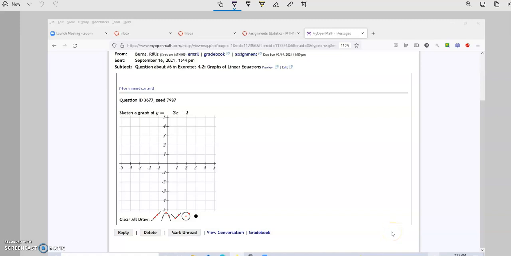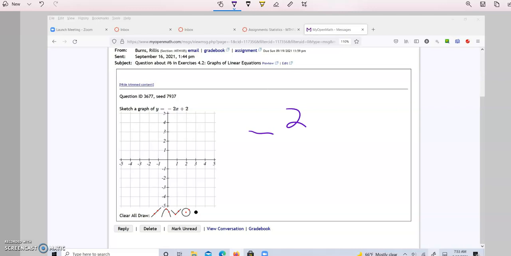The easiest way to do this one is, okay, the slope is -2, which is the same thing as -2 over 1, which means, remember what